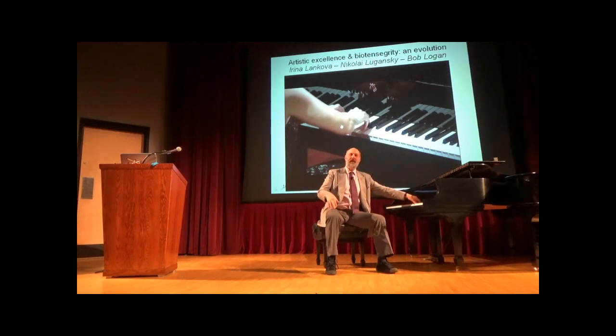So in order to function as a biotensegrity, you need to keep moving. So any falling which forces you to contract in order to hold yourself, oh,